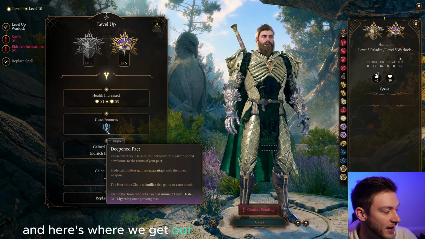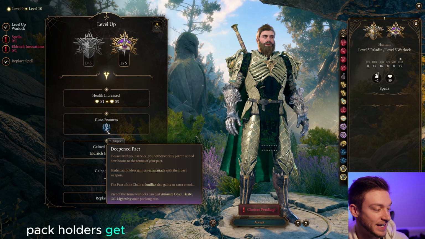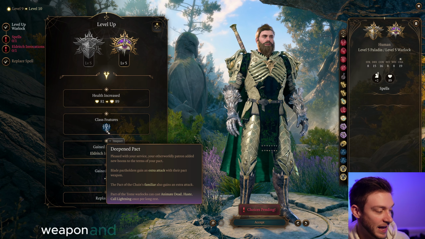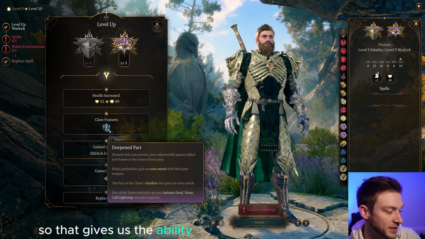And here's where we get our nice Deepened Pact. So pleased with your service, your otherworldly patron added new boons to the terms of your pact. Great contracts. But Blade Pact holders gain an extra attack with their pact weapon. And Pact of the Chain familiar, blah, blah, blah. So that gives us the ability to attack again, and we get a lot of damage, that means. So for our next spell,